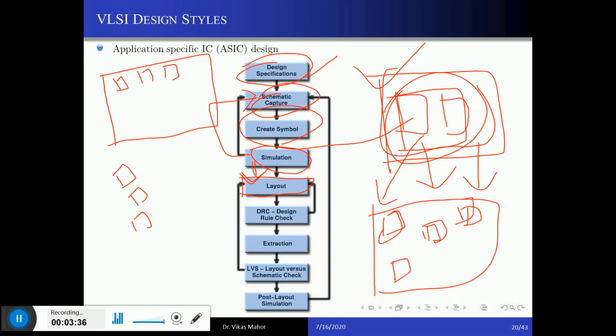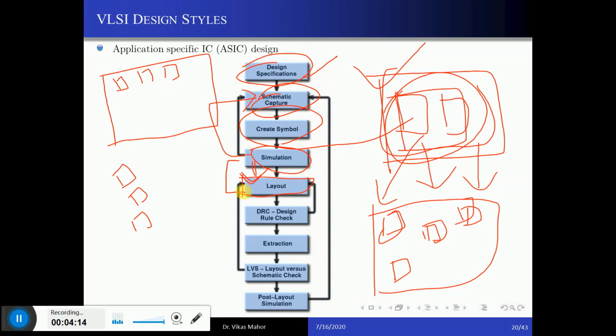Fine. So for fabrication purpose, you need to have the layout. What I'll do in my next class, I will explain you very briefly, because that is not a part of your syllabus. That is a part of a different subject that is known as IC fabrication. That's why I'm not going very deep into the fabrication part. I will explain a little bit about fabrication in my next class. So there I will tell about what is a layout and how to design the layout and why we are designing the layout.